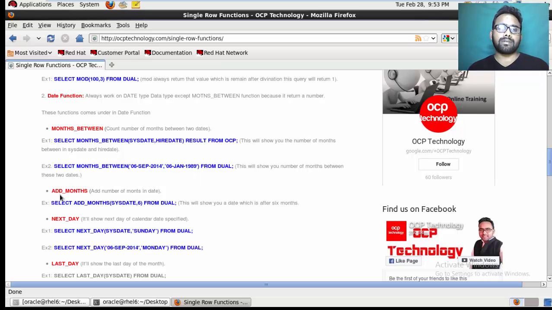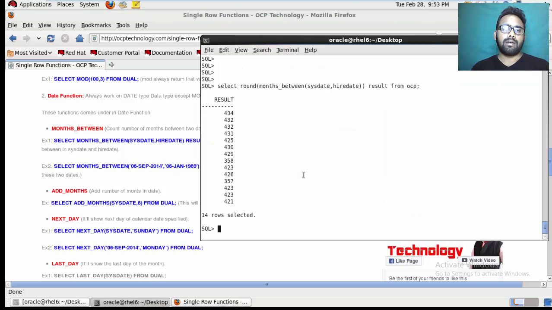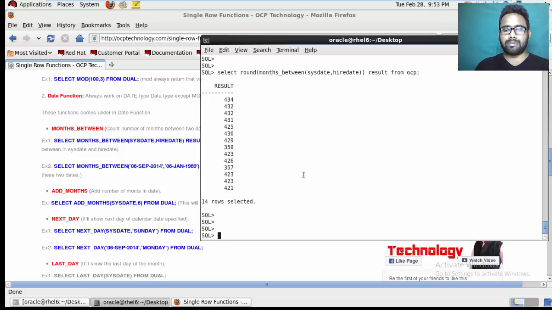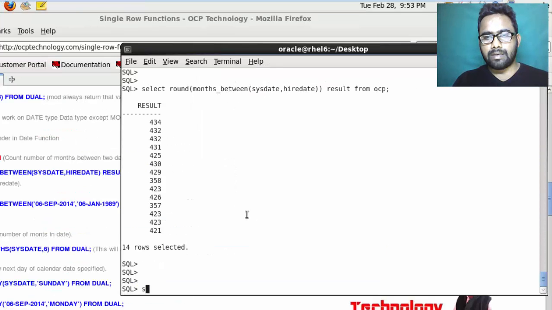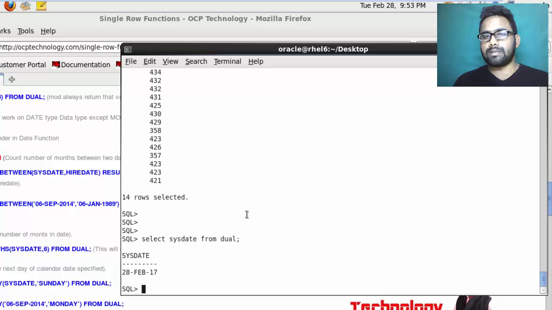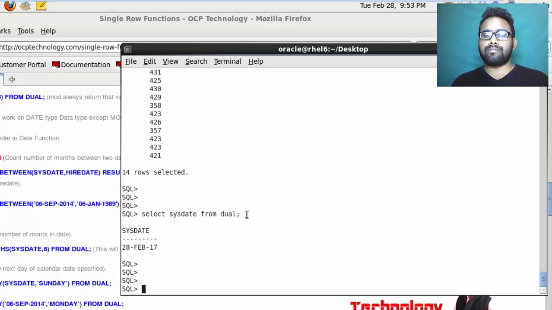The next function is add months. Add months always adds a number of months to a date. Suppose we have a date, select sysdate from dual. This is the date value, and I want to add 6 months to this value. What is the next date after 6 months? Select add_months(sysdate, 6) from dual.